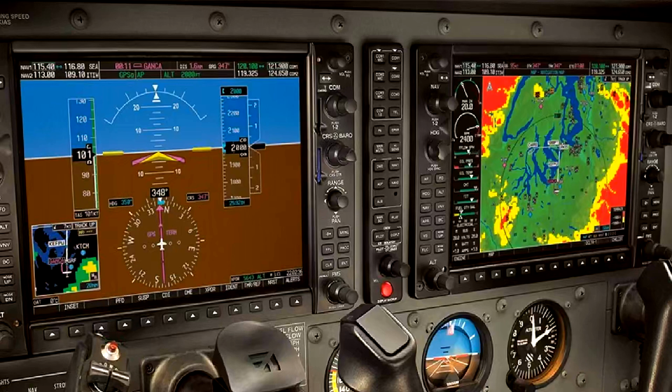Electronic displays are now frequently used, and it is the RMI information which is displayed, but with the additional feature of a deviation bar. This represents the track you want to fly on, and it shows how many degrees you are away from this. When the bar is in the center, you are on track.